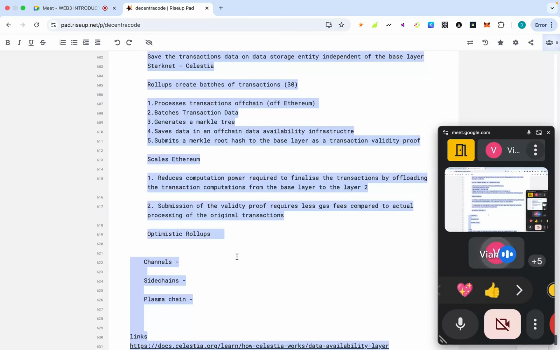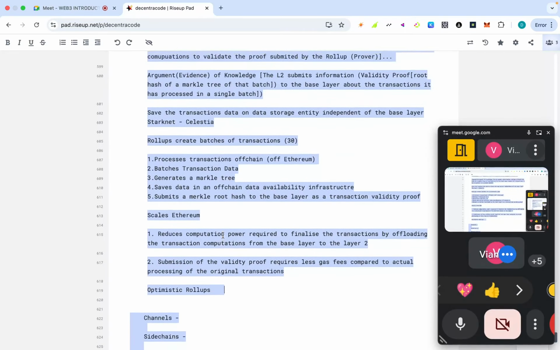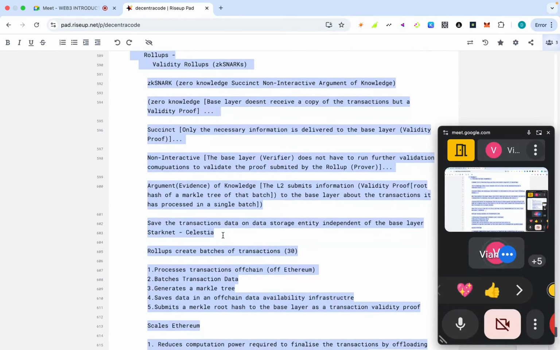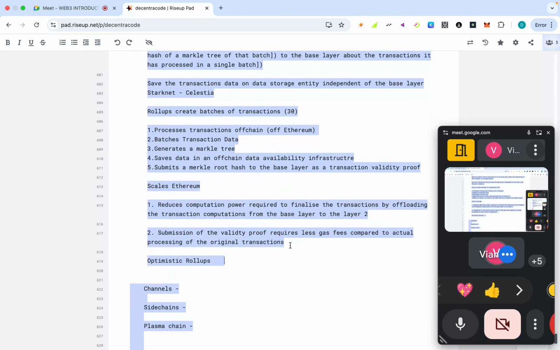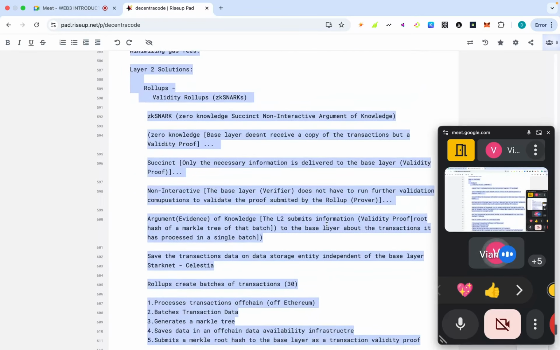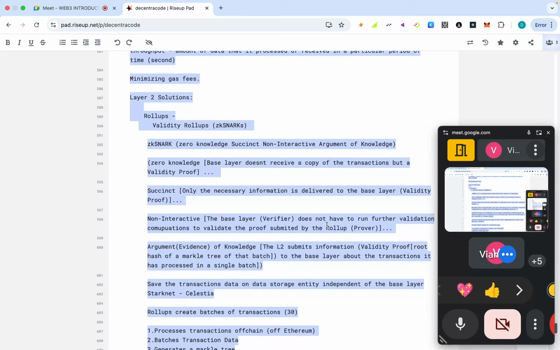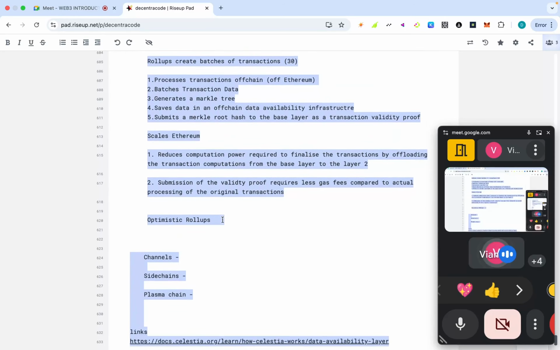Okay, so we can move forward onto optimistic rollups. Now, the difference between a ZK snark or a validity rollup and an optimistic rollup is how they deliver the proof of existence of data. So, a validity proof first validates data. First validates that the data is actually authentic before it delivers the proof. Now, what an optimistic rollup does is actually the opposite. It delivers the data,